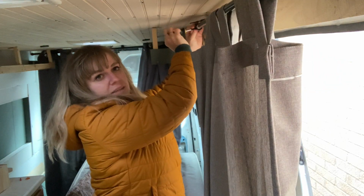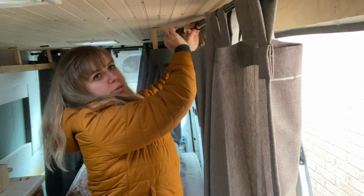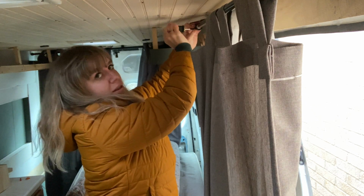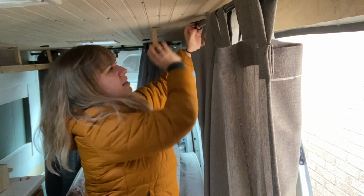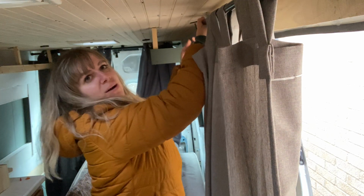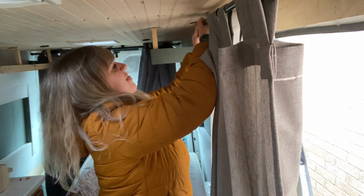So basically these curtain poles have got two poles on the same bracket, so I can have the net curtains on one and the other curtains on the other. It's really clever. They're IKEA ones, I think. They weren't very expensive, but they're really, really good. But because of how these are on here, I think...